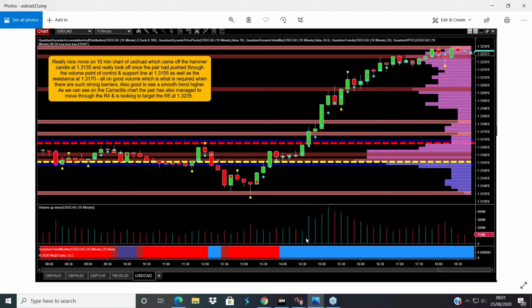Then we have the start of the US session, which is at 14:30, and then the volume really starts to come in. Now, with the dollar CAD, you also have to bear in mind that the Canadian is local to the North American session, so you will often find that local traders, Canadian traders, come in, so it's going to be more heavily traded anyway. So we would expect that, but this is very nice.